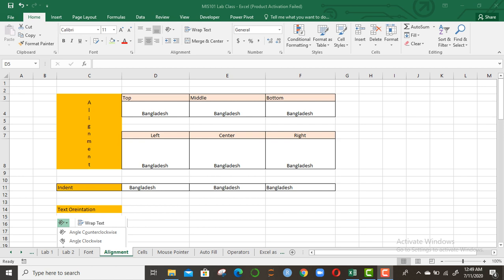So I'm making another video. This video is for the Alignment group under the Home tab. Here you can see a few things in the alignment group. The first one is the text alignment, and then text orientation, then text indent, and then merge, center, and wrap text. Okay, so